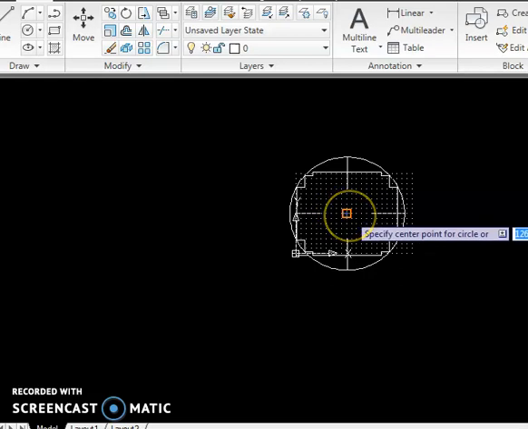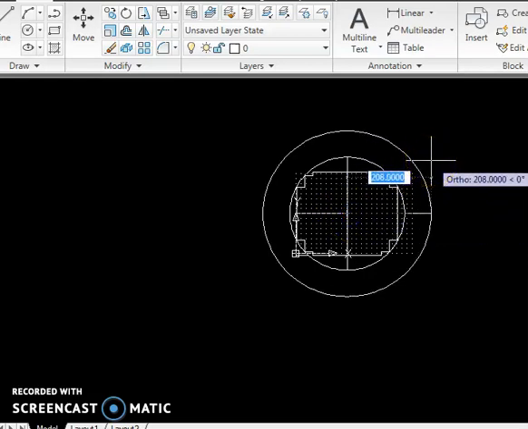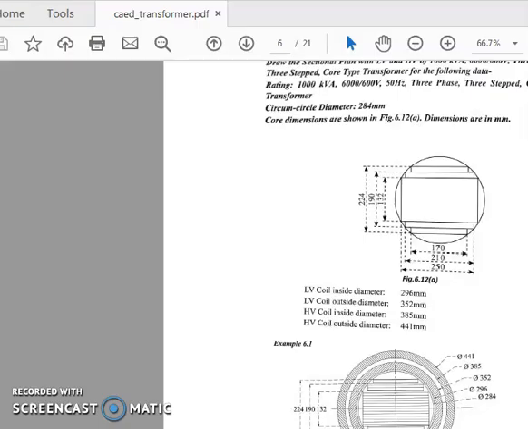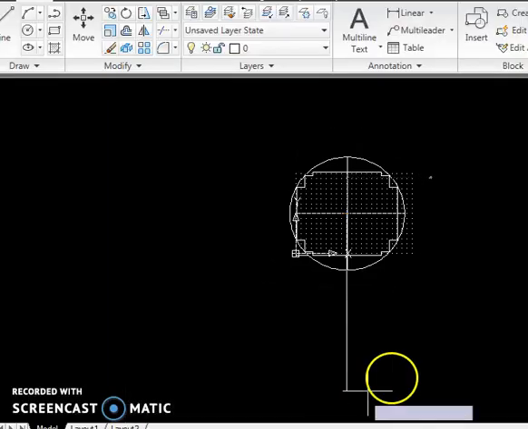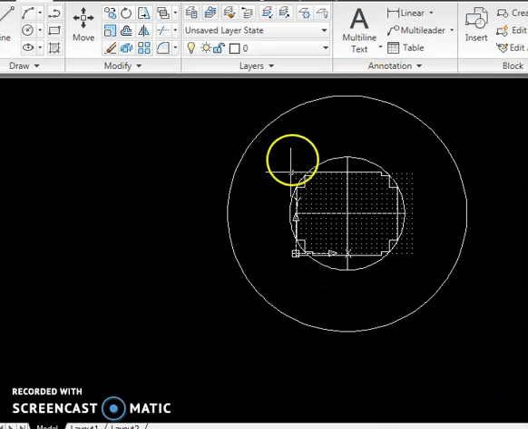Go to that center, click this center. Then the diameter is how much? 296. So just press 296, enter. So this is the LV winding diameter.